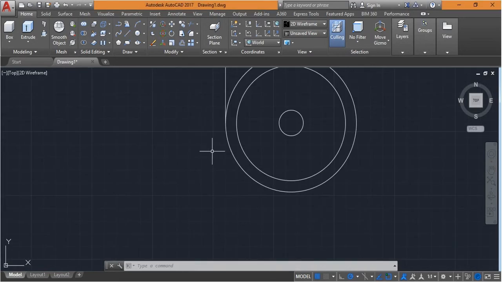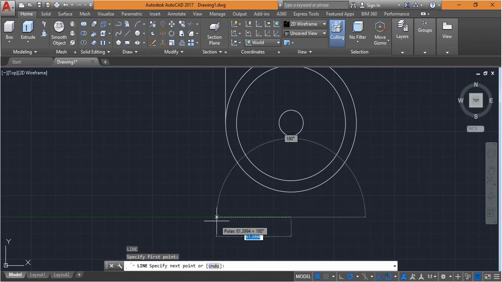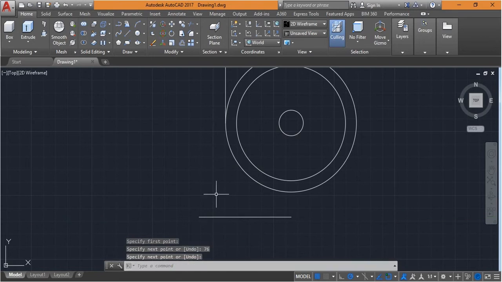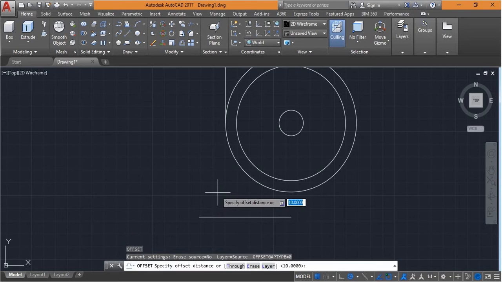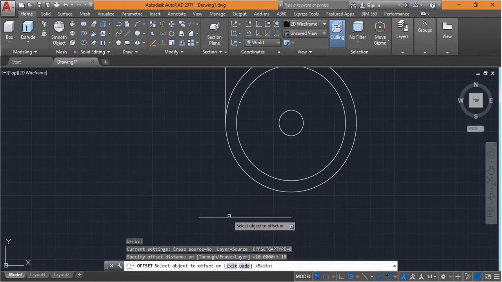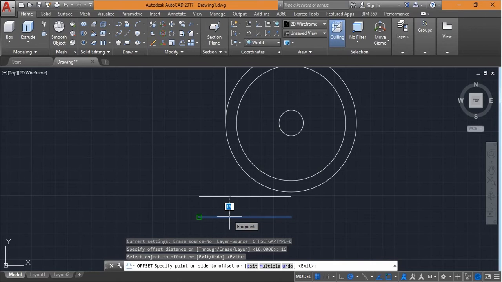Yeah, with line command, press L, drag the center of this circle, enter the line value of 76. Offset this line, press O, enter the value of 16 mm. Select this line. Yes, as you can see, click on the upper space above there, and now this line has been offset. I also need one more line